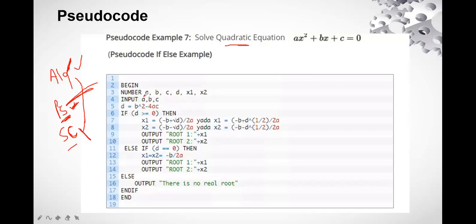But here we have just defined that the numbers are these and input is taken as this. And then we have an if condition. This is the quadratic equation. We have an if condition defined with an else condition. Again, a nested if condition is there within this. And then finally, I get the output and the end of this code, right? So this is called the pseudocode, right?